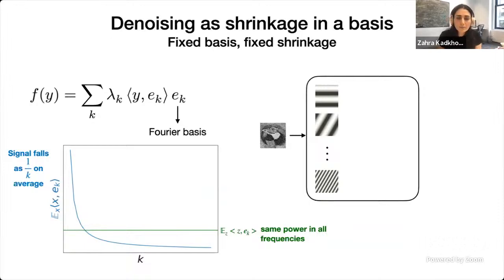And then on average, there is a difference between the representation of noise and signal or images in the Fourier domain. So if the noise is white noise, it has the same power in all frequencies on average. And this is an empirical fact that images have a 1/k spectrum in the Fourier domain because of the prevalence of smooth regions. So there is this statistical difference in the average representation of images and noise in the Fourier domain,